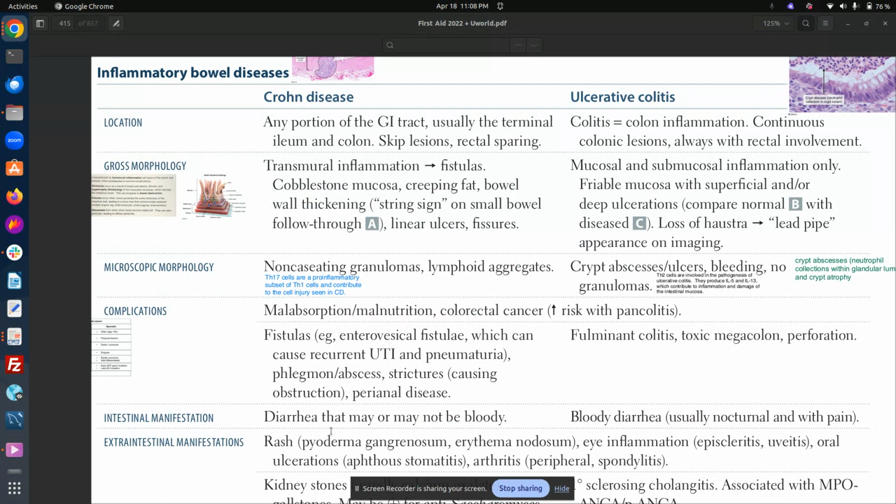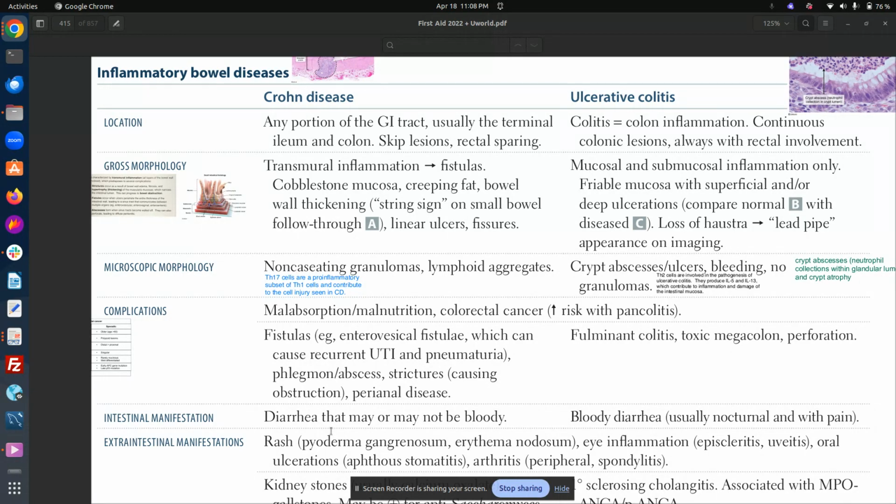In this video, we are going to talk about inflammatory bowel diseases that includes Crohn's disease and ulcerative colitis. This is a very important, very high yield topic for the preparation of Step 1 and Step 2 because they make a lot of questions from this particular topic. Inflammatory bowel diseases, from the name, it is very clear that there would be an inflammation of the bowel.